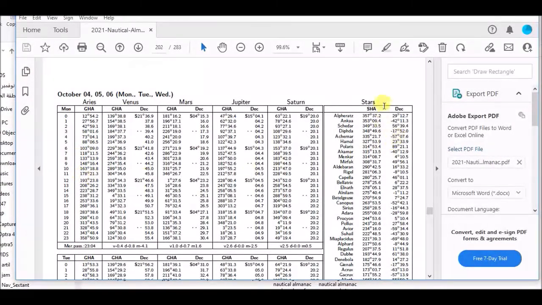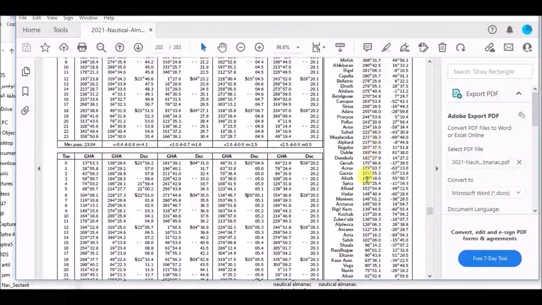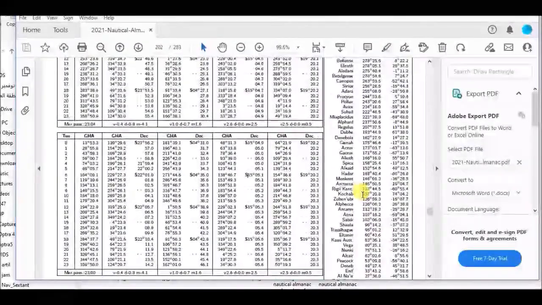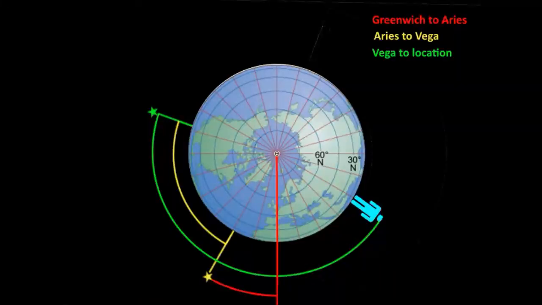Now we have here the stars that we use for navigation, the 50 something stars. All right, so how do I get the ground position of these stars? What we have here is the shift between the star ground position and Aries ground position. So Aries is the reference point. So I thought to give a deeper look into using the stars from the Nautical Almanac to get the GP